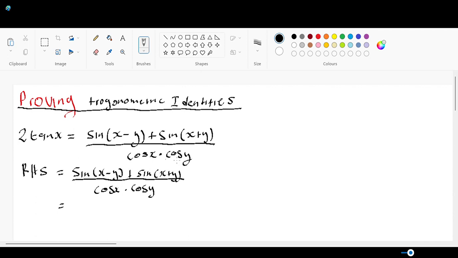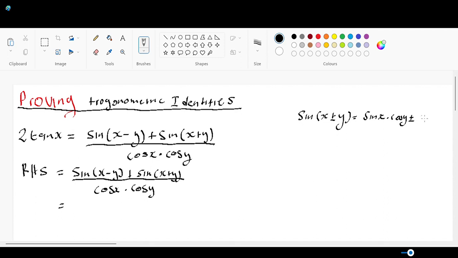But the formulas for compound identities are like this. For sine, it's going to be sine of x plus or minus y, which gives us sine x multiplied by cos y, and then plus or minus,